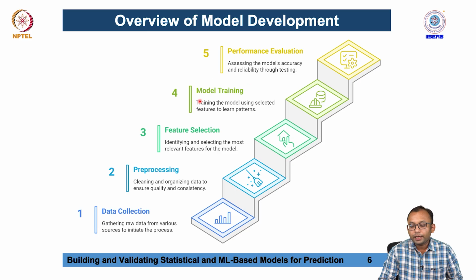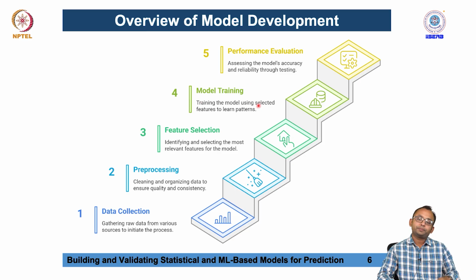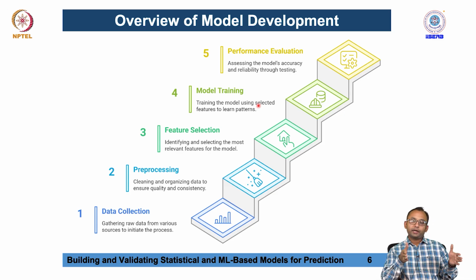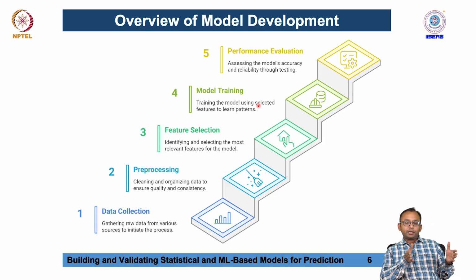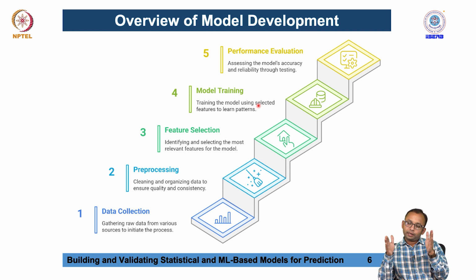Then there is a model training phase where we divide our data into certain parts. For example, we divide the data into two parts, let us say 80% is used for training and 20% is used for testing of the model. For the 80% of the data set, we only reveal to the model that 80% amount of this particular data set.